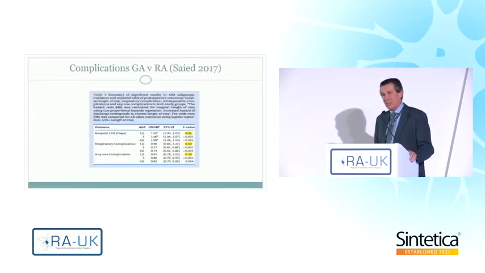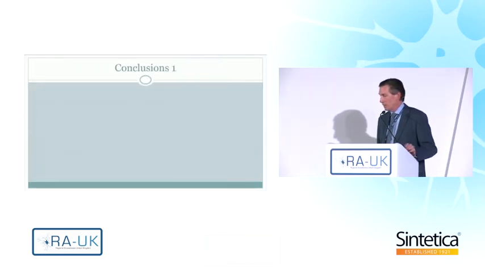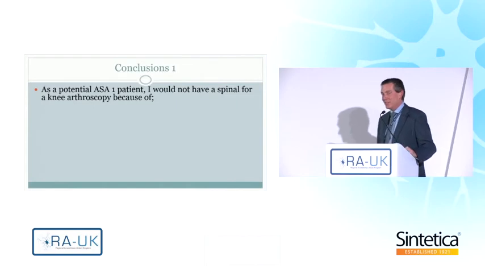But the trouble is it isn't. He sub-analyzed it for ASA status. And these results were not significant. The results are only significant in higher-risk patients, as you perhaps might expect. So I conclude that as a potential ASA1 patient myself, I would not have a spinal for knee arthroscopy because